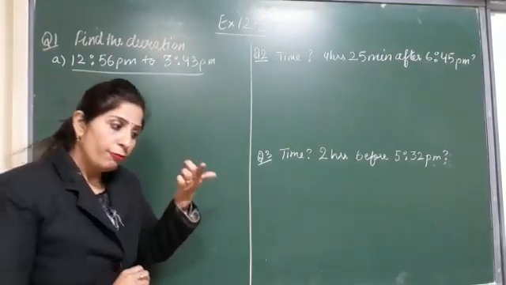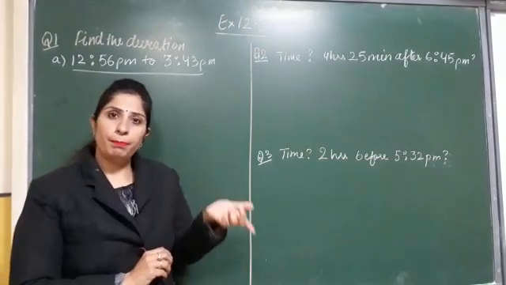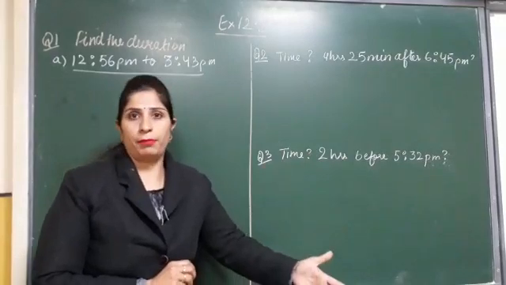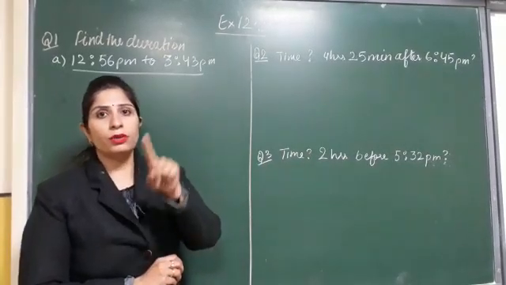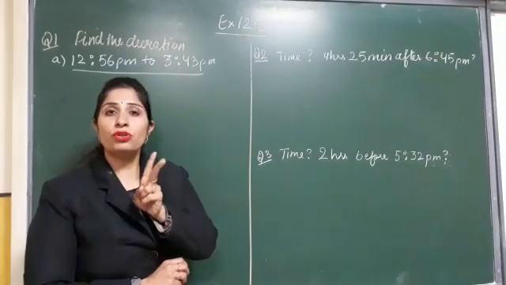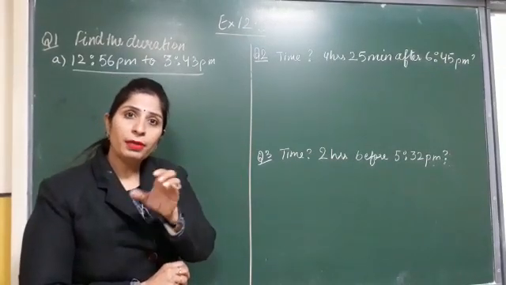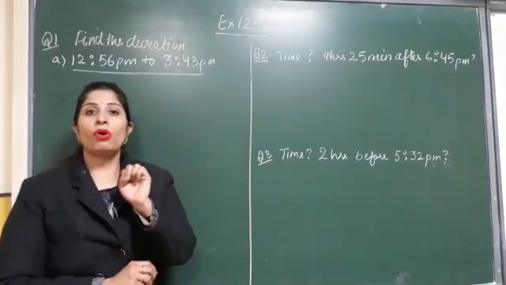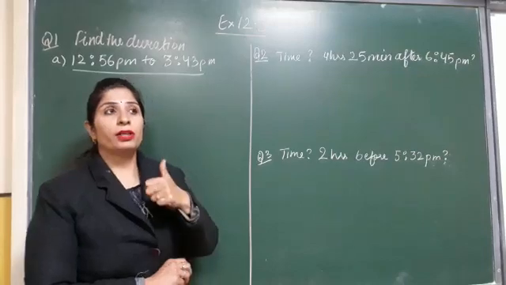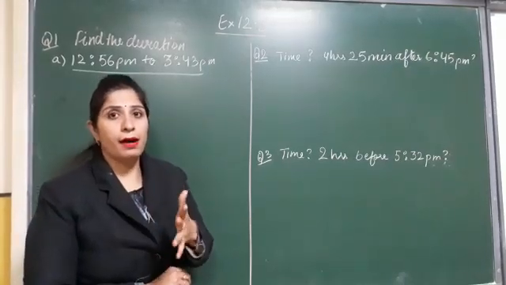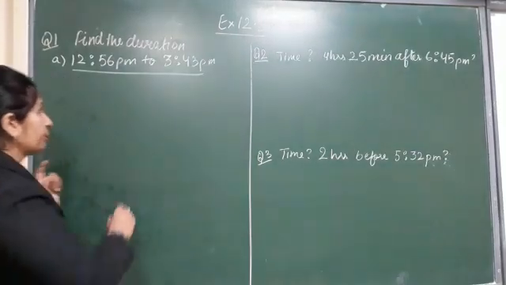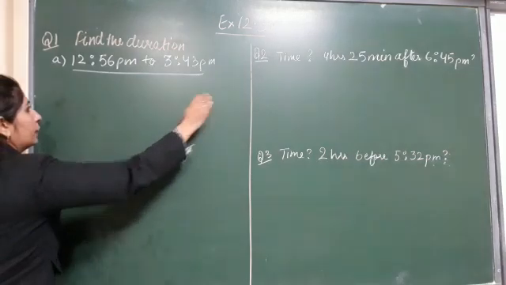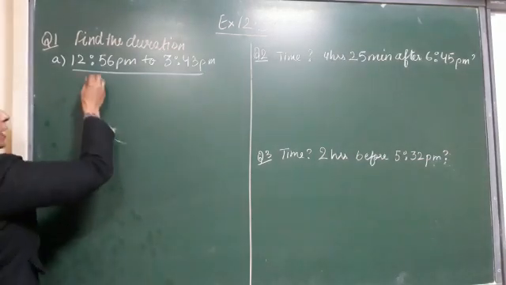Like, what is the duration between 11 a.m. to 1 p.m.? That is 11 to 12, 1 hour, 12 to 1, 2 hours. So that is 2 hours, that is the duration, how long that time was. And duration is always given or calculated in hours and minutes. So to find out the duration between the given times, you need to draw a timeline.